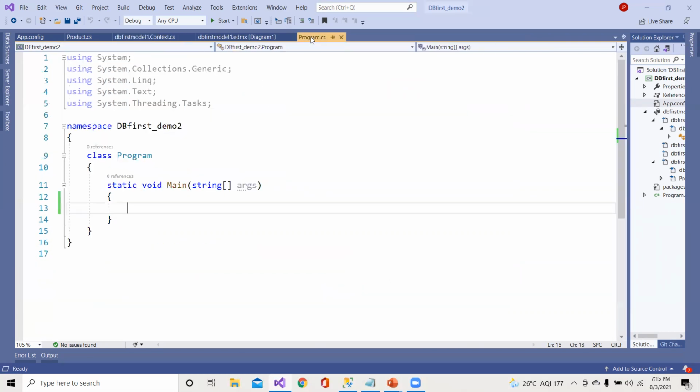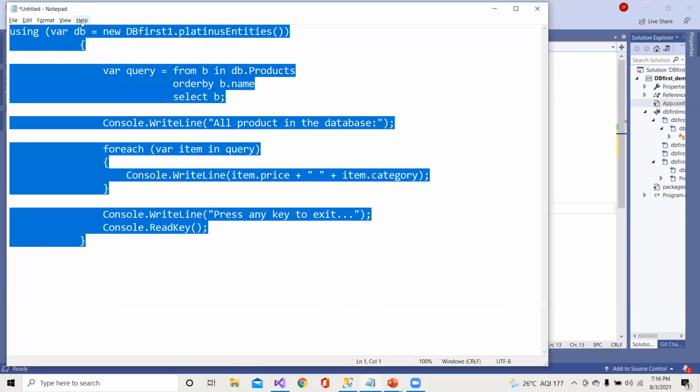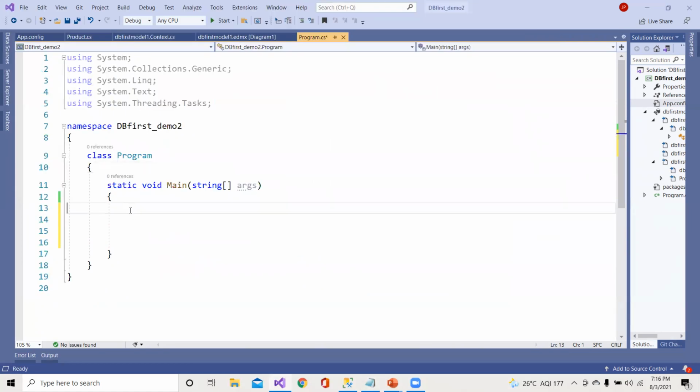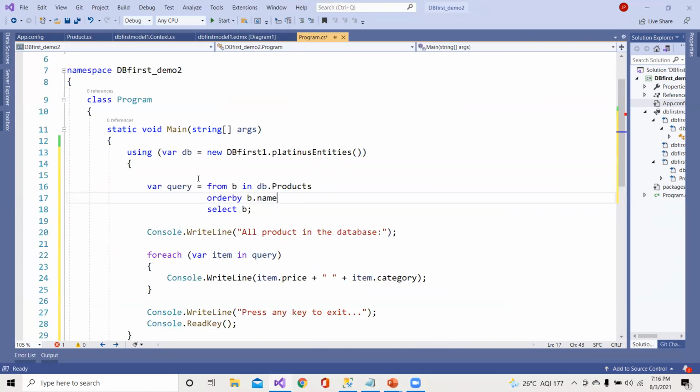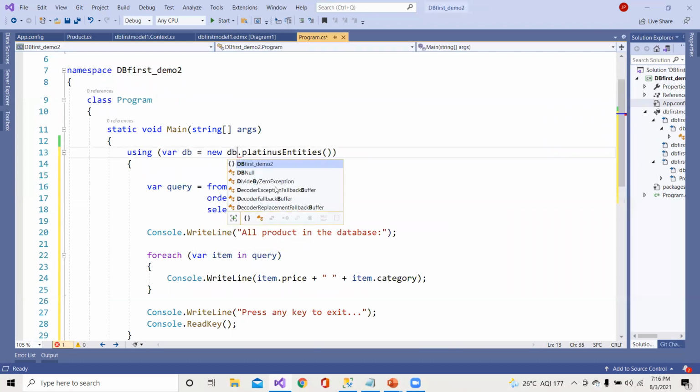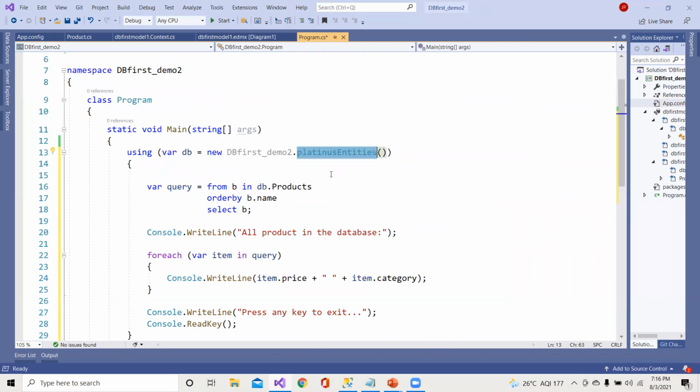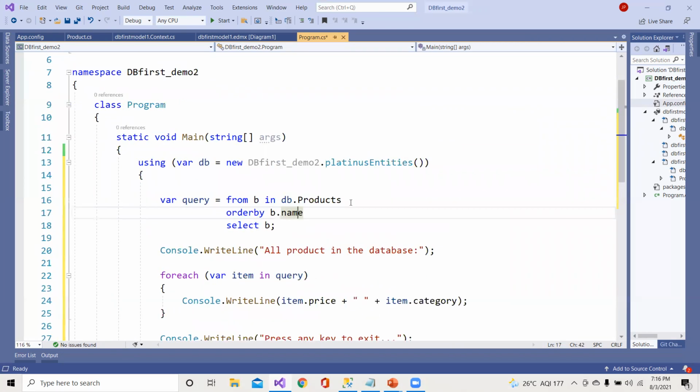Now, coming back to Program.cs, we have to retrieve the information within the product table. To save time, I have already written the code here. Here we are using var db equal to new DbFirst Platinus entities, to refer to it. And we have a query here.